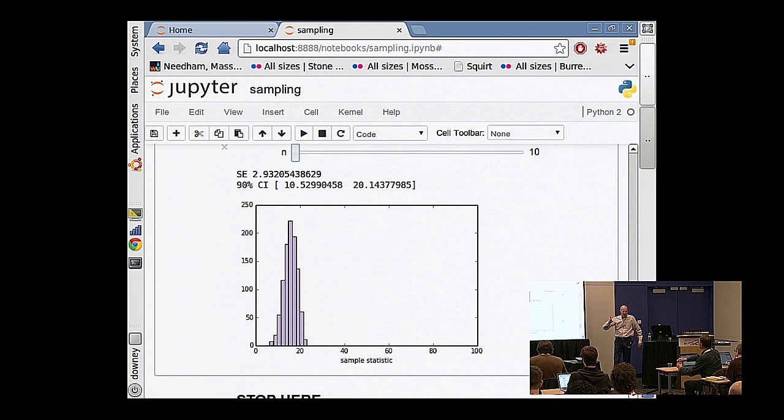So I got a couple of questions from people that I wanted to repeat. One of them is, resampling with the same sample size as the original sample seems like a funny thing to do. And people ask, well, what would happen if you resampled with a different sample size? And you can do that. And in fact, that's what this interaction is doing. But it's answering a slightly different question.